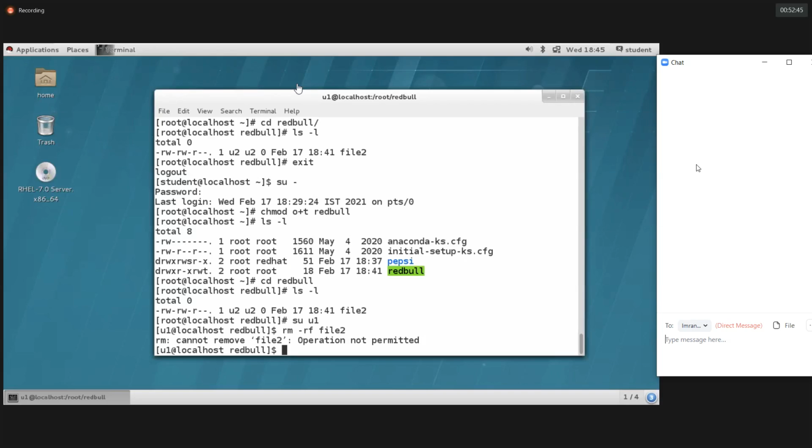Sticky only applies to delete, meaning whoever is the owner can delete, that's it. Milan, even if you provide full permission for other users on a particular directory, if you create a few files inside the directory, for example Milan created one file and Approve created one file, then Milan is the owner of his file, so he can manage it, that's it. Approve is unable to manage it.